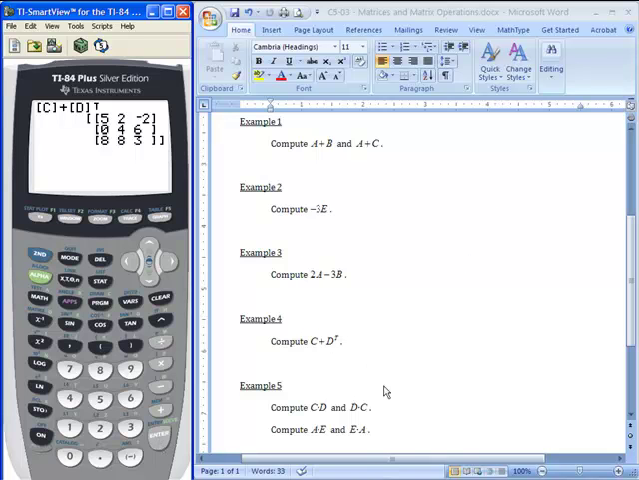This brings us to our last example. We're going to do some multiplications. So I'm going to clear out example 4. All right, and we're going to take C times D. So let's go into the matrix menu, and we'll grab matrix C, and we'll say times, back into the matrix menu, and we'll choose matrix D,